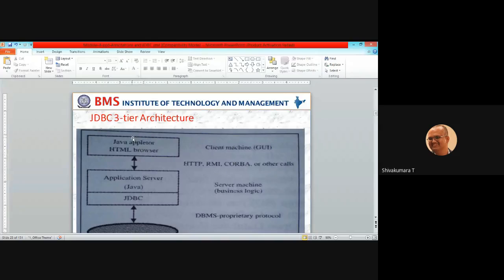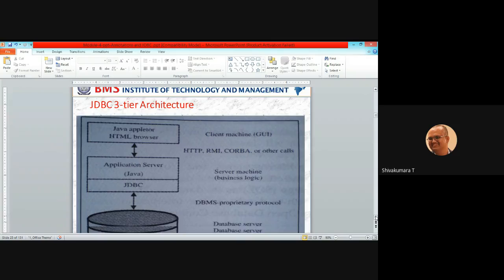The interaction between the client and the server might use one of several protocols. We are using the HTTP protocol. Other protocols you can use are remote method invocation and CORBA, or other calls between the client and the application server. As we are using HTTP, the Java client interacts with the application server.